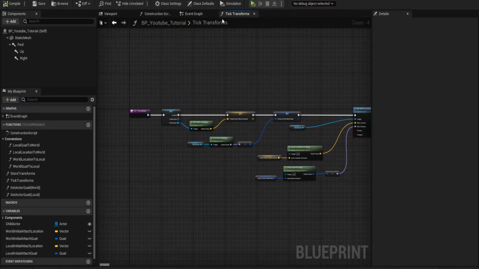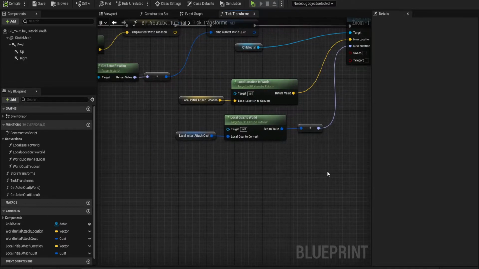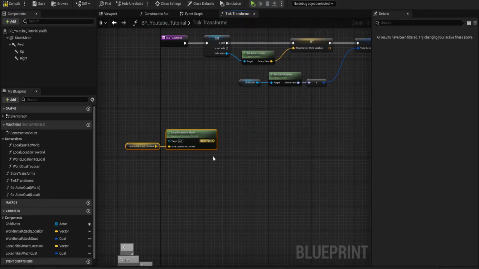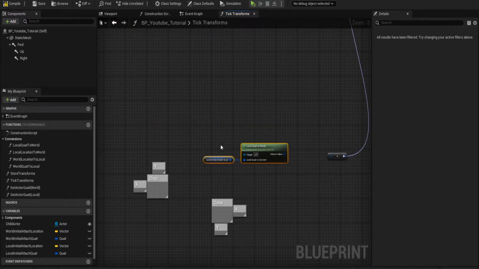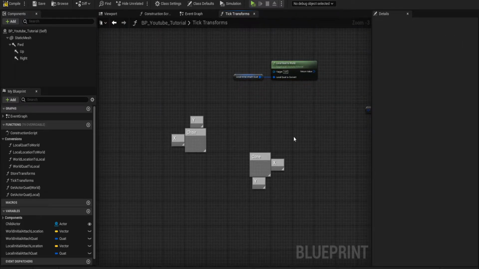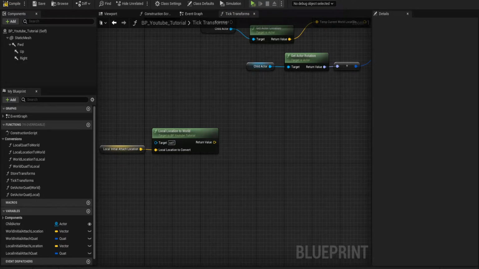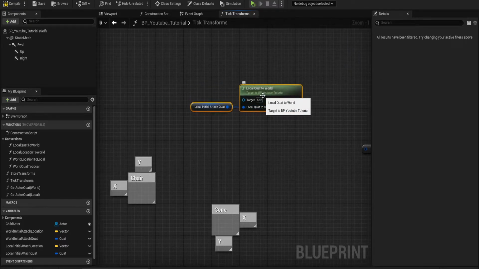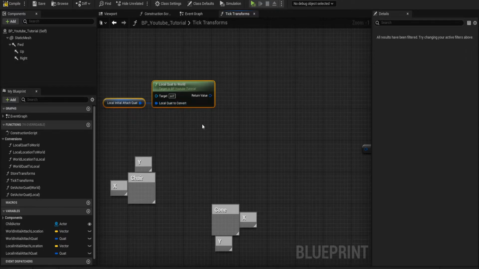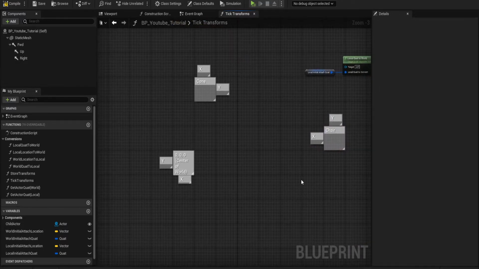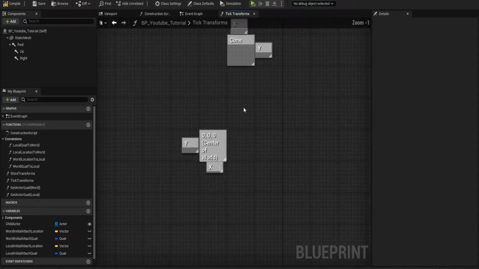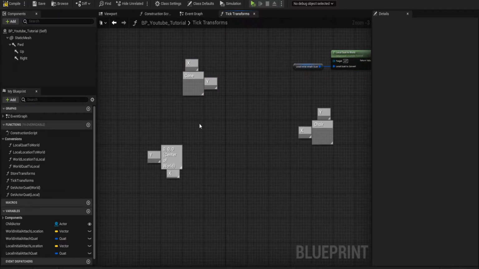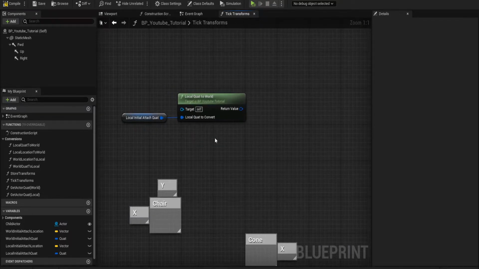So first things first, we're going to go inside of tick transforms and we're going to move these a little bit farther away from that. And we're going to break that. And this part, we can disconnect that. So let me move this up actually. So first let's start with location, because location is actually going to be easier for me to explain. Actually, no, let's start with rotation. Rotation is the more difficult one. So this one I can't really explain with these guys because, well, actually, no, I can. So let's do it like this, where I also move these in here just to make it easy for explaining everything. So first, I'm going to explain